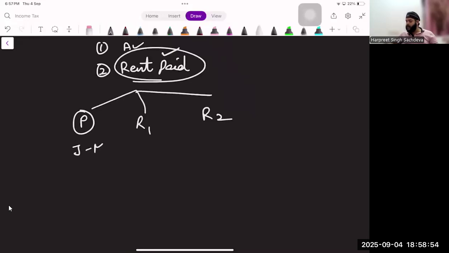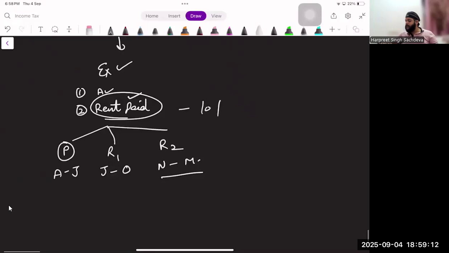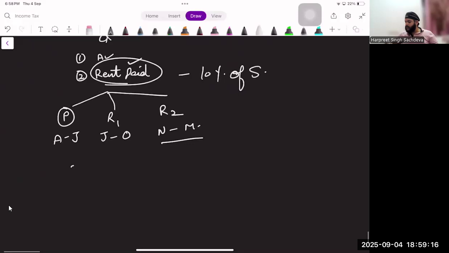Suppose January to March here, let's take financial year, April to June here, then July to October here, and then suppose November to March here. You have to put that in different parts. Then we say that 10% of salary, and in third part we say 40% or 50%